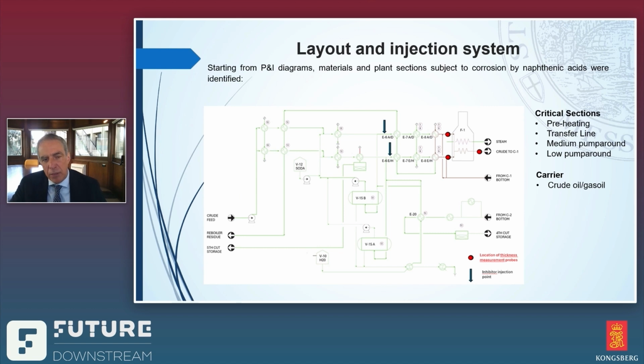Yep. Now we go to the how, on the plant, the system has been developed. The arrows are the injection points, and the red dots are the thickness measurement points. So we put the injection point upstream of the preheating train and the heater, obviously, and the measurement points obviously have to be put at the higher temperature points, because as I said before, the higher the temperature, the higher